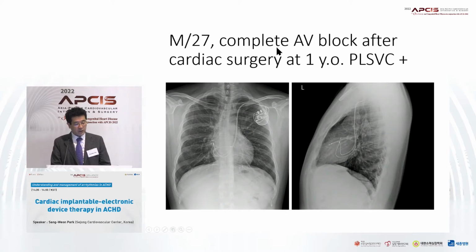This patient has complete AV block after some cardiac surgery. I think it was ASD at 1 year old, and she had a PLSVC. But we did implant the pacemaker via the PLSVC. So it is an RA lead and this RV lead, and I tried to place the RV lead at the RV septum